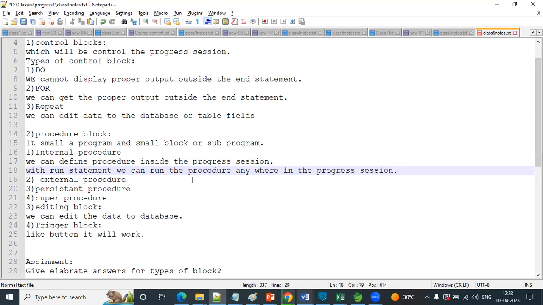We have to define that procedure anywhere within the progress session, and we can call it by using the run statement. Anywhere you can run within the main procedure. Outside the main procedure you cannot run it, because it won't be read. Okay,